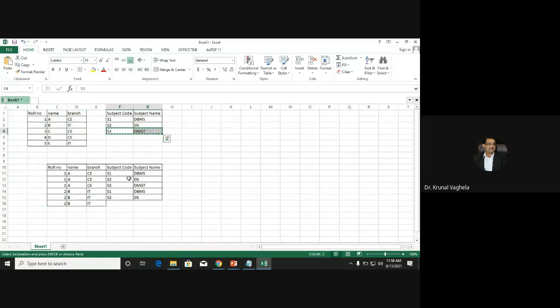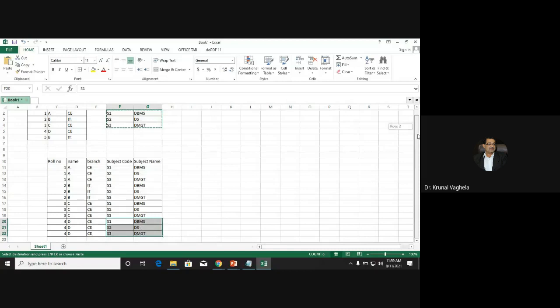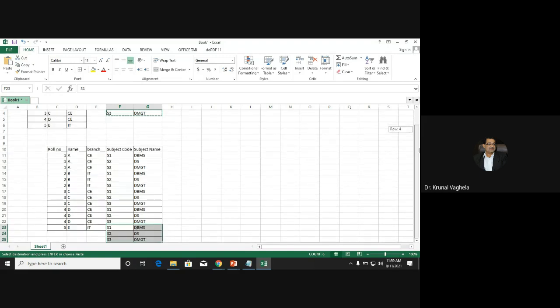Third row. Fourth row. Fifth row. This is Cartesian product.